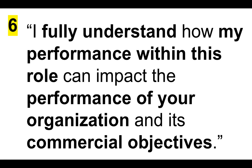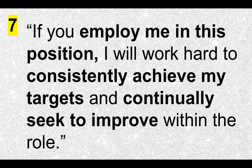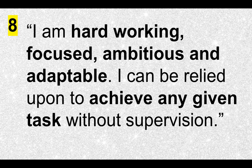I fully understand how my performance within this role can impact the performance of your organisation and its commercial objectives. Number 7, if you employ me in this position, I will work hard to consistently achieve my targets and continually seek to improve within the role. And number 8, I am hardworking, focused, ambitious and adaptable. I can be relied upon to achieve any given task without supervision. So you can pick 1 or 2 out of those 8 powerful keywords and phrases that put you across as